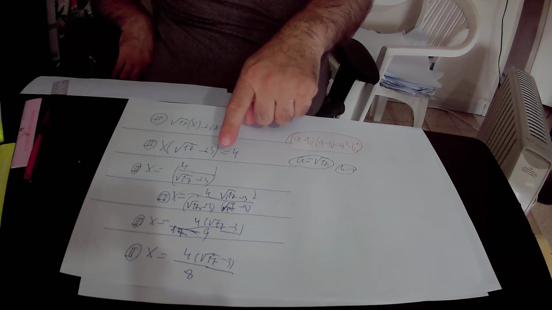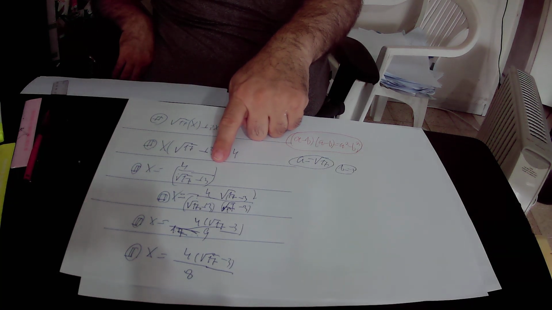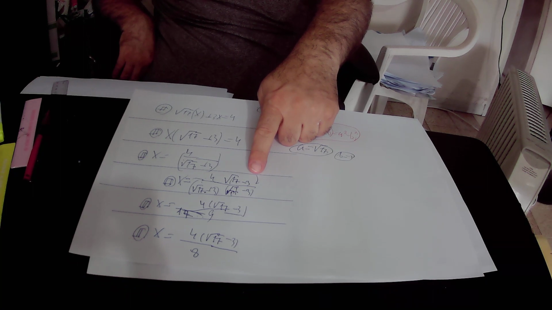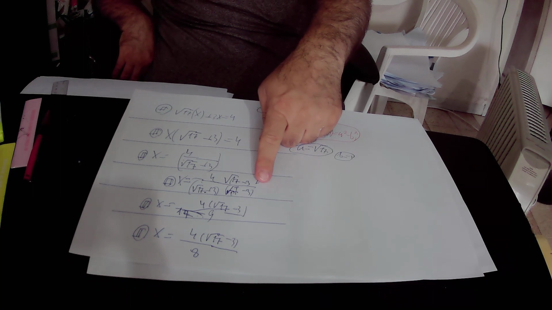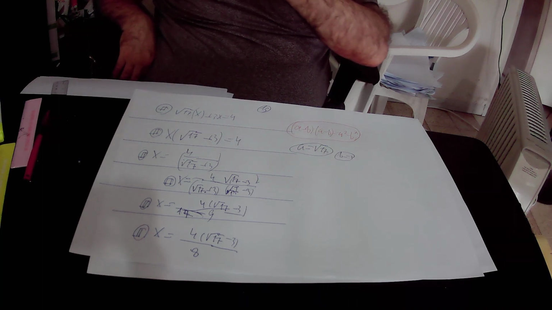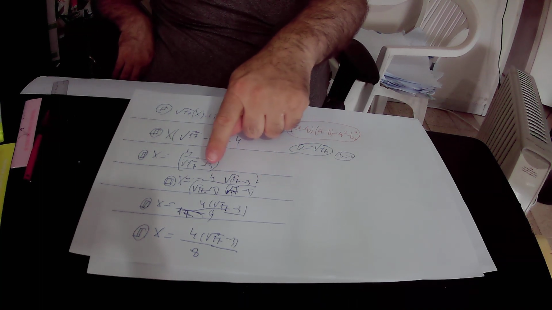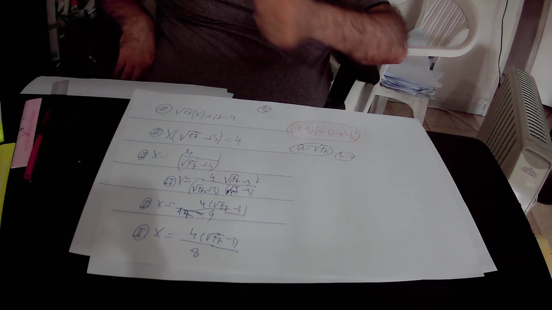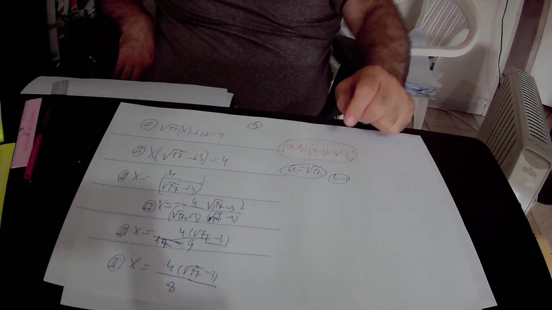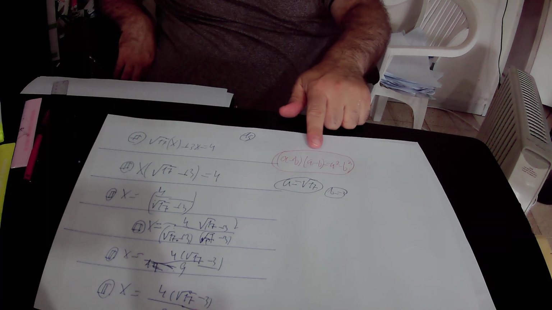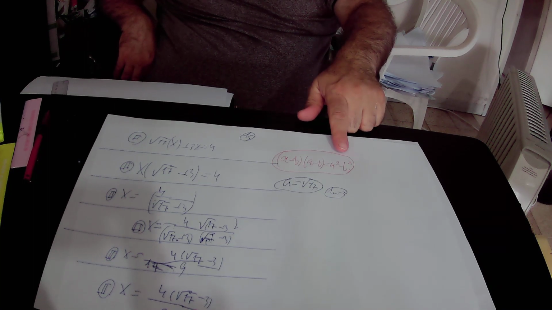Then we focused on this side of equation number 2 and we multiplied it by square root of 17 over 3 and then divided it by square root of 17 over 3, so we change nothing. It is allowable, and we found the value of the denominator: it's actually square root of 17 plus 3 times square root of 17 minus 3, according to the